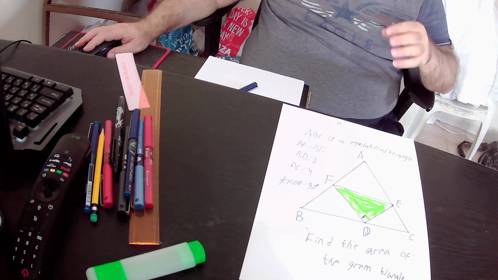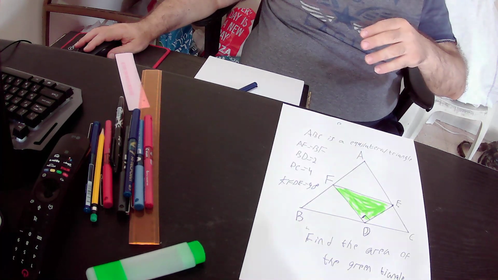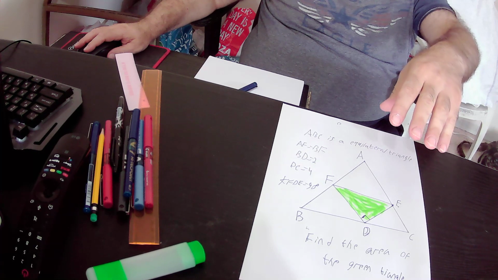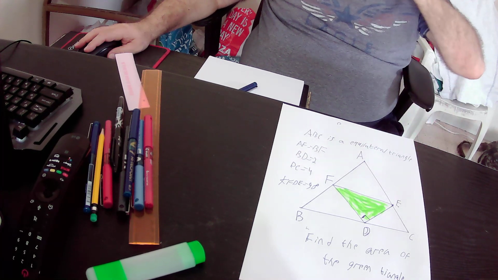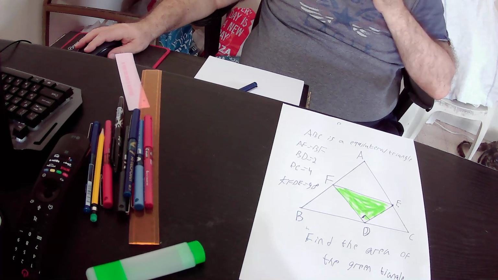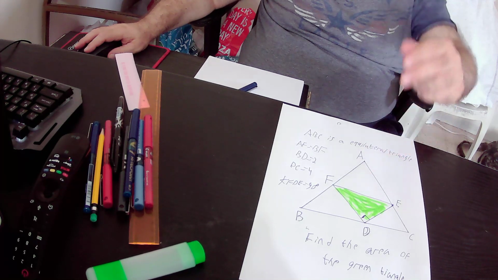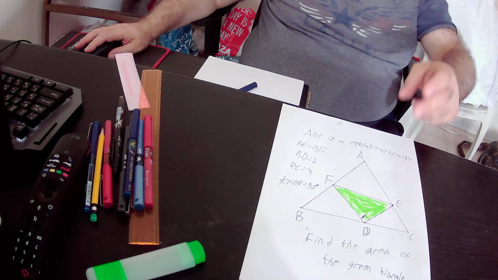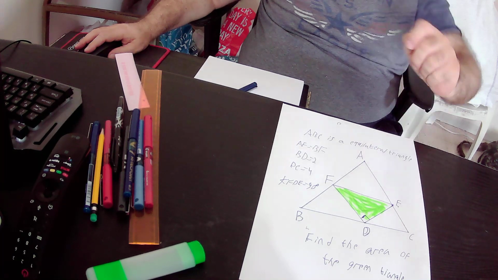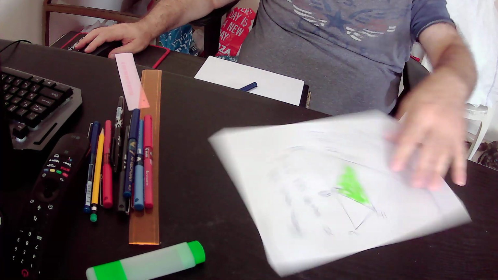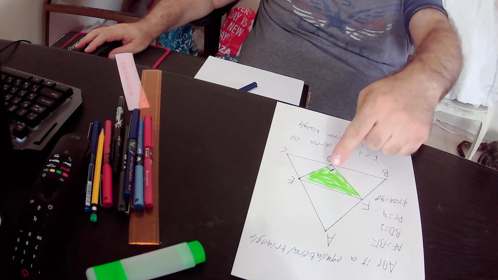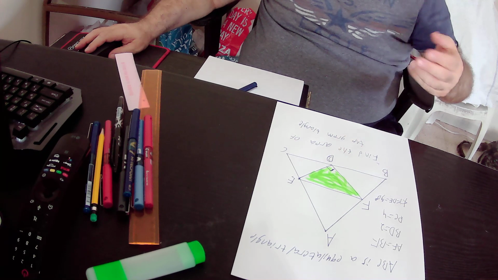Hello, in this lecture we will find the area of the green triangle. In the drawing we have an equilateral triangle. Triangle ABC is an equilateral triangle, and inside the triangle ABC we have the green triangle, and we want to find out the value of the area of the green triangle. We actually know that angle FDE of the green triangle is a right angle, it equals